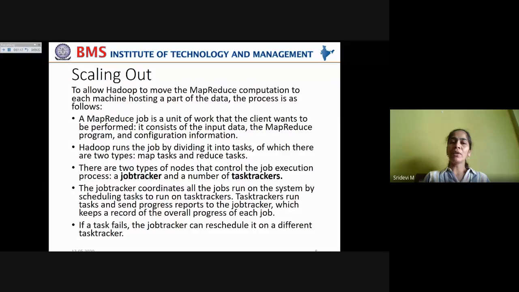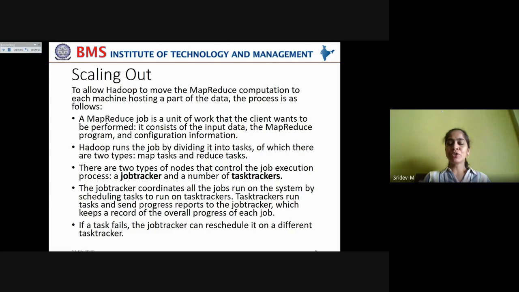So in order to move the MapReduce computation to each machine hosting a part of the data, the process is as follows. Again, you have to note that the data is divided into blocks and distributed across various data nodes with replication factor 3. So the data is not situated on a single data node, but on multiple data nodes. So you have to pass this MapReduce computation to all those blocks that make up that particular file.